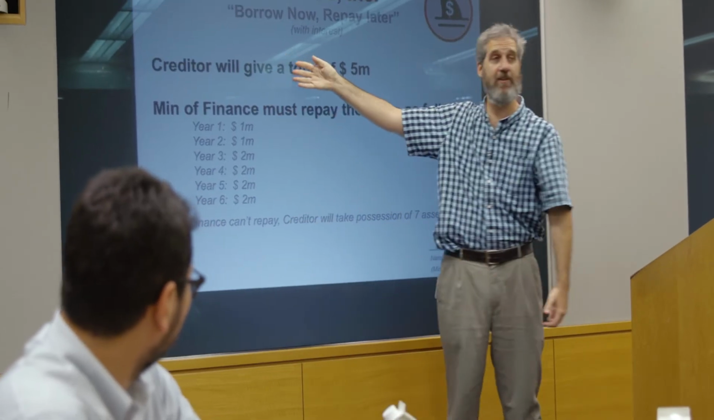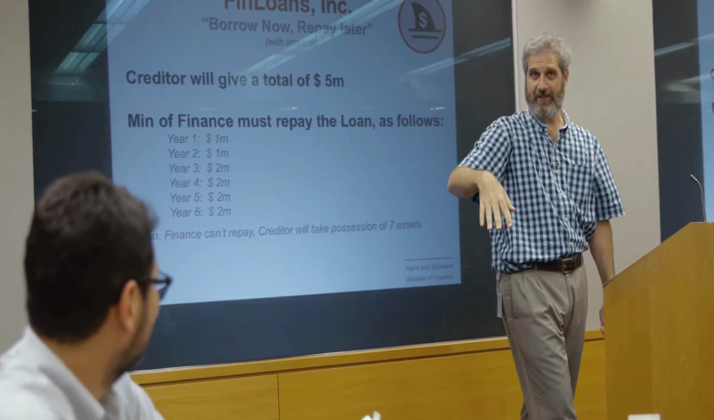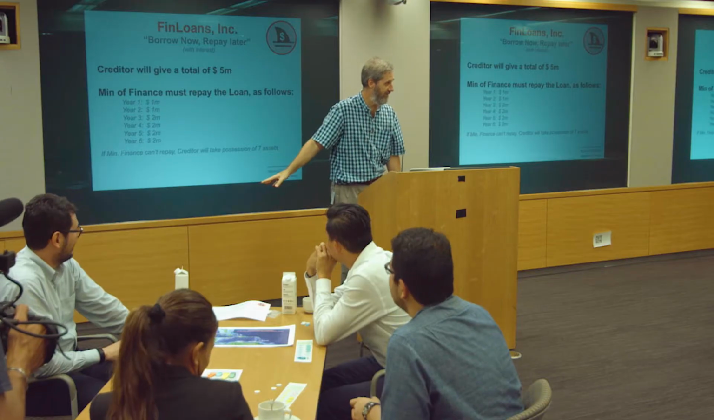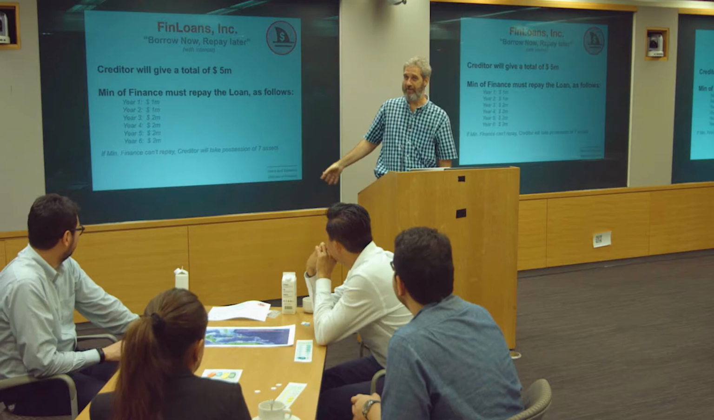So you get 5 now, you end up repaying 10. Is this a good deal? It's not a very good deal. But if you need the money and that's your only choice, maybe Minister of Finance will have to go into that bad deal. If you want to borrow this money, Minister of Finance, you need to sign, you have to write your name, and you have to take it to the financial entity to get the coins